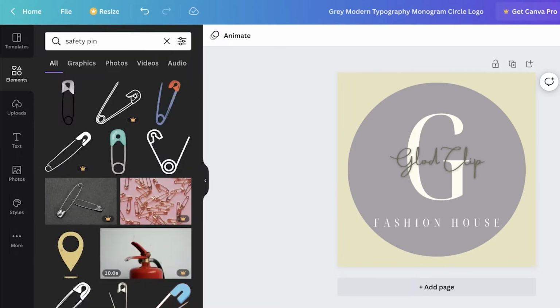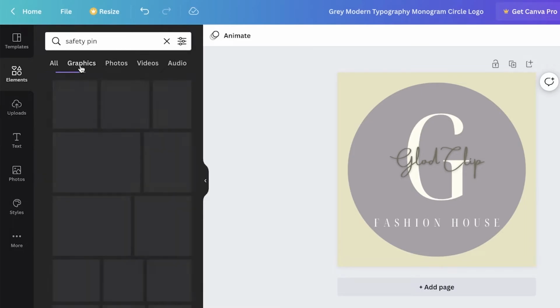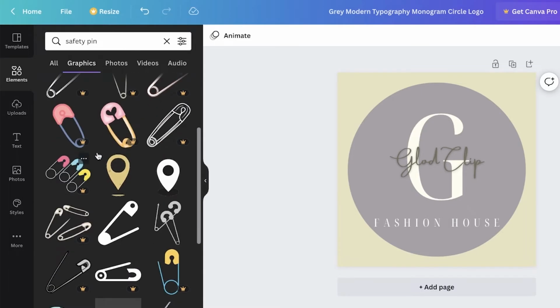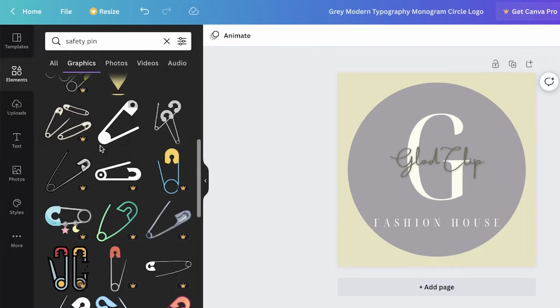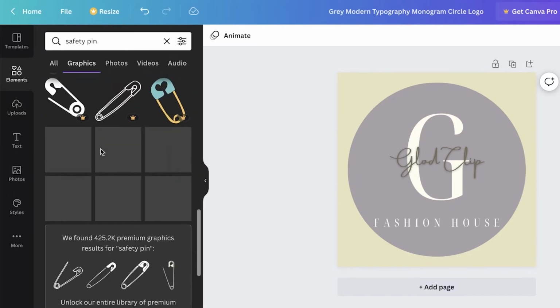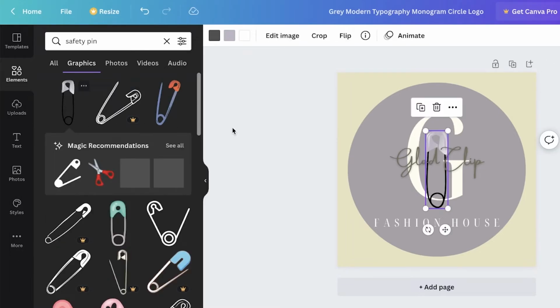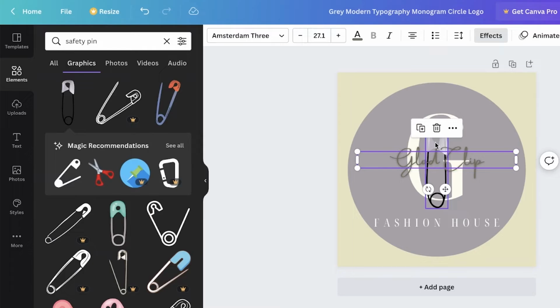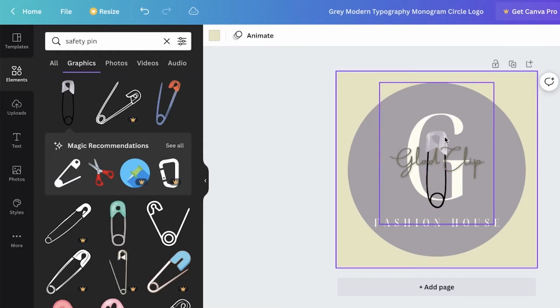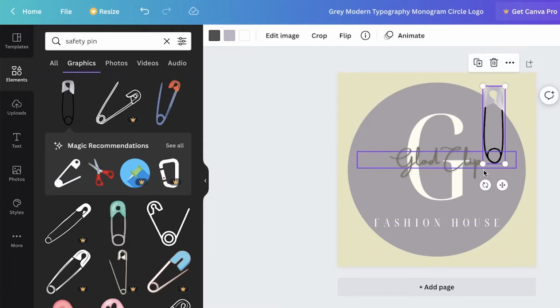So I'm just going to search for a safety pin, and then I can click on graphics over here, and this will show me all of the illustrations that are available for that specific item. So in this way, you can find illustrations for hundreds and thousands of items as well and add them to your logos. So let's say I like this, so I will just simply take the illustration